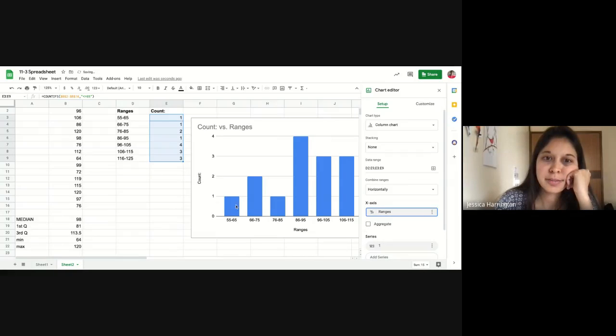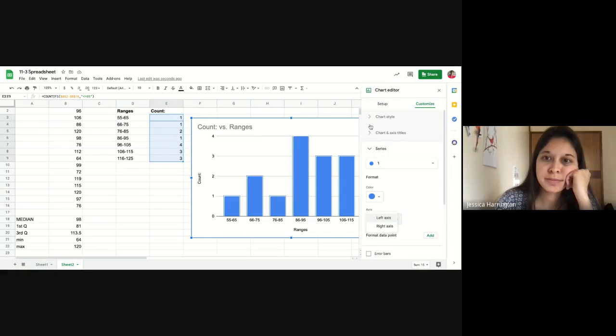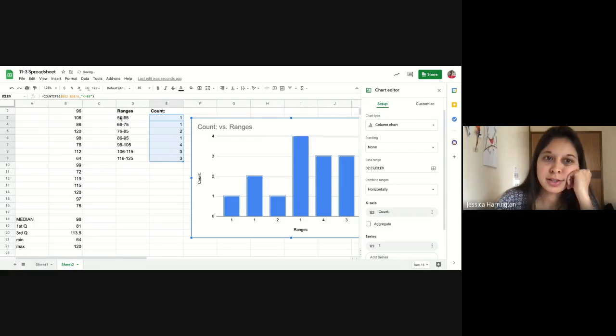Changes, yes, and it matches, right? 55 to 65 is 1, 65 to 75. Oh, that's not right. This isn't 1, right? So I need to check this. Oops. So my ranges should actually be, let's try this,